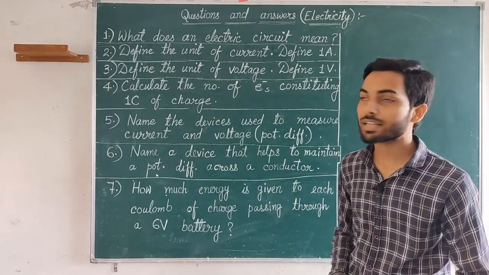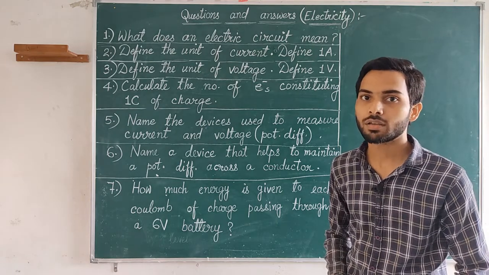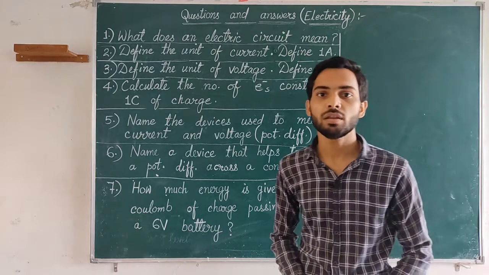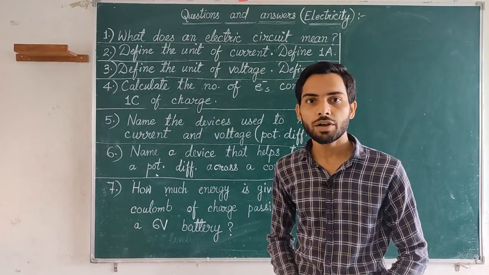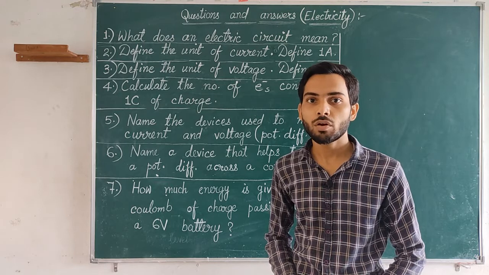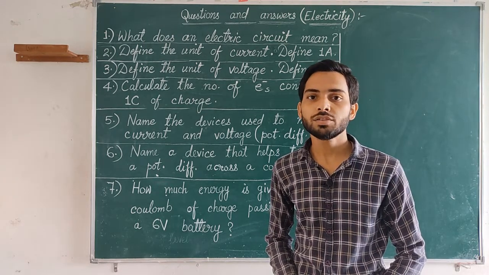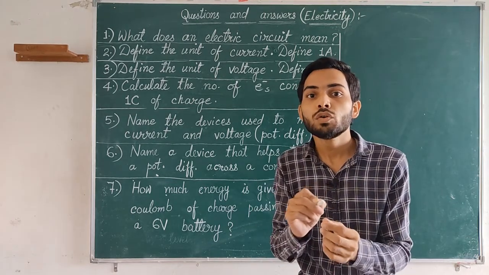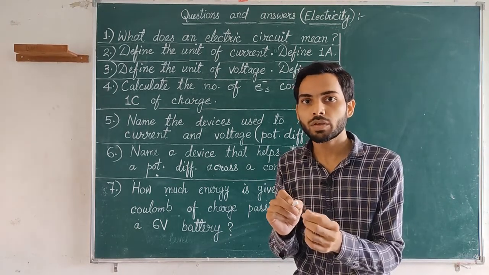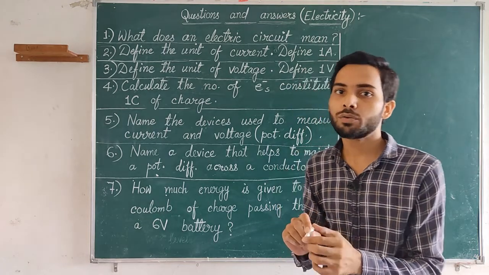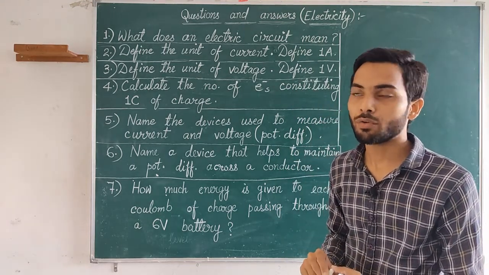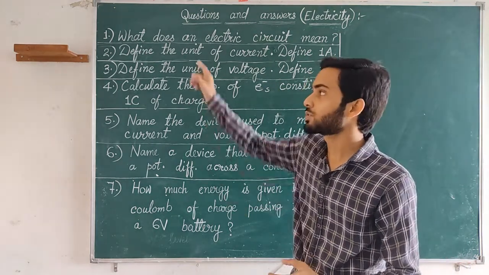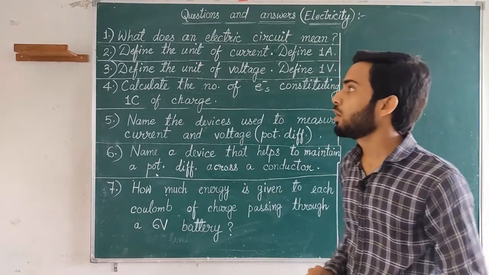The question is asking about the definition of electric circuit. So my dear students, I already provided you the definition of electric circuit. It is the path of flow of electric current. Okay, so you can refer to your notebook where you have noted the definition of electric circuit, and you can write the answer of this question from there. Now looking at question number 2,